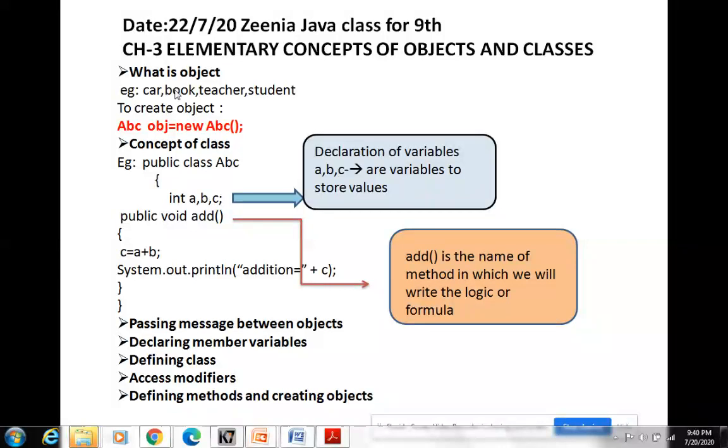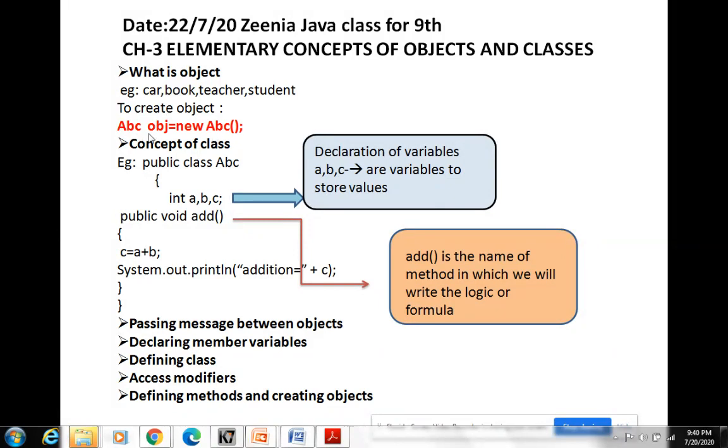So if we want to create an object of our class, how will we create it? This red line is depicting it. ABC is the class name. Then you will write obj is equals to new. Now new is the operator. We have covered in earlier chapters that new is an operator, that is chapter number 5 we have covered. New is an operator which gives memory space in the CPU to this object. And this ABC part is known as the constructor that we will be covering in 10th class.